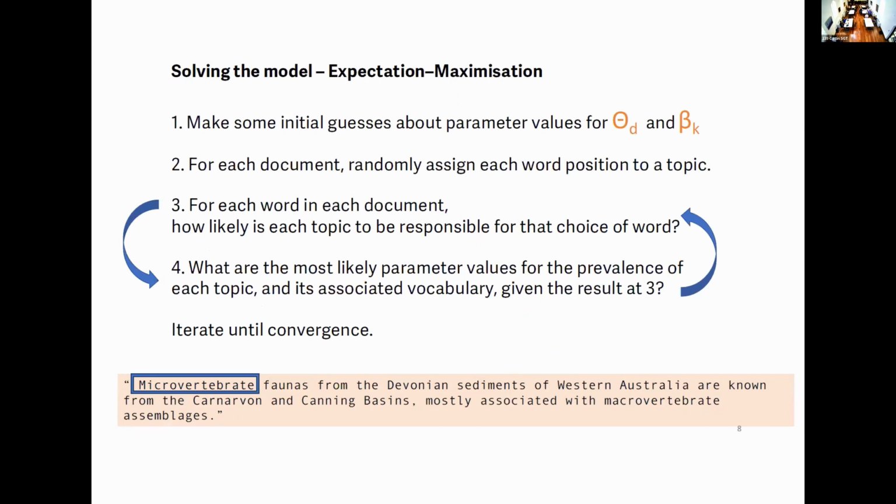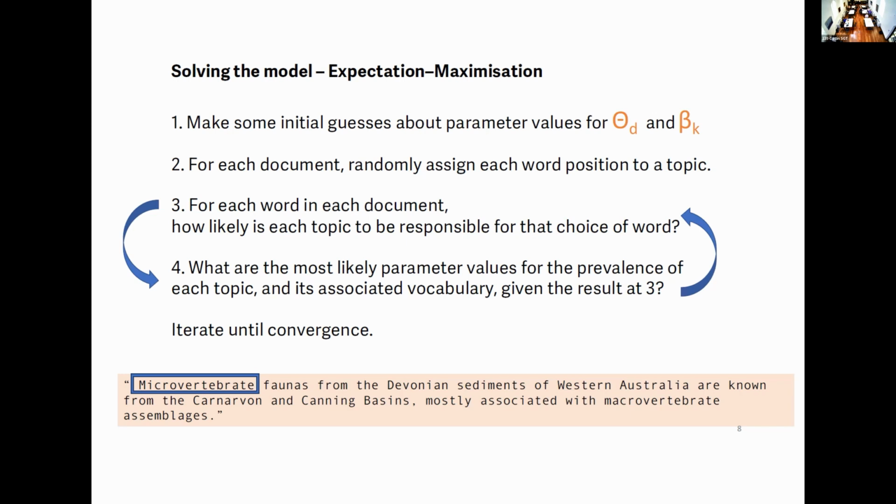So we've got to infer these two distributions somehow or other, and we do that using an expectation maximisation algorithm. So we start by making some initial guesses about the parameter values for those two distributions. So we're essentially taking a random bunch of words and just mushing them into some topics together. And initially, they're going to be really inappropriate choices. They're going to be words that are very disparate and have nothing to do with each other, but we just got to make a start.